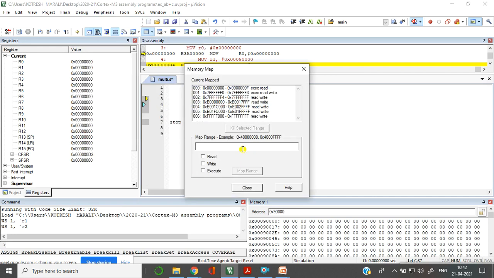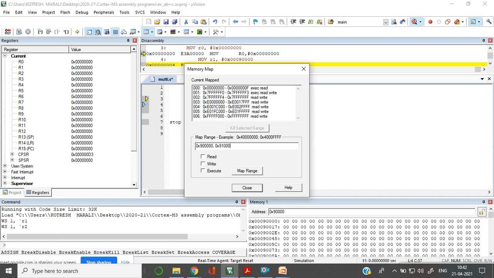I need to go to this address location. What is the memory map range that you have taken in your RAM location? This is nothing but your RAM location. Out of this, you are trying to take the address range for your purpose. Some random address I will choose, up to the last memory address.